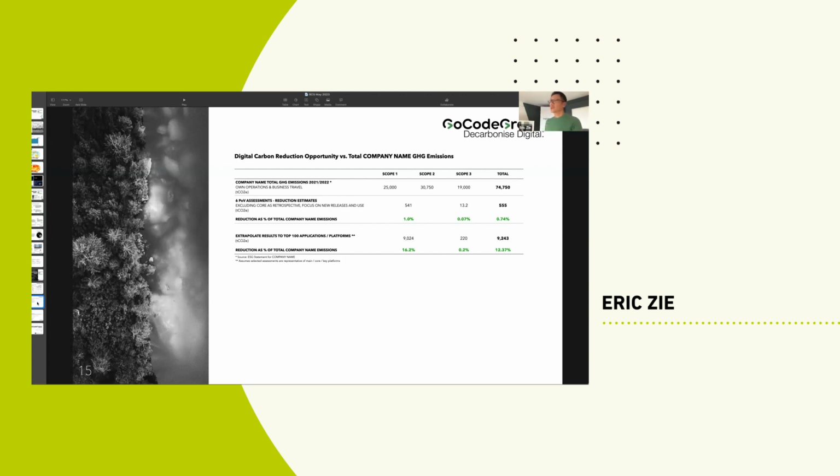So 0 points total. If you contextualize it for 6 applications, that's a 0.74% reduction opportunity off your total emissions as a business. If you then do something different, which is to say, if they were representative of your 2,000 applications, in this case 4,000 applications, let's take 100 of the biggest applications, the ones that, under the 80-20 rule, are probably going to be the ones where you have most people, most cost, most infrastructure, and let's take 100,